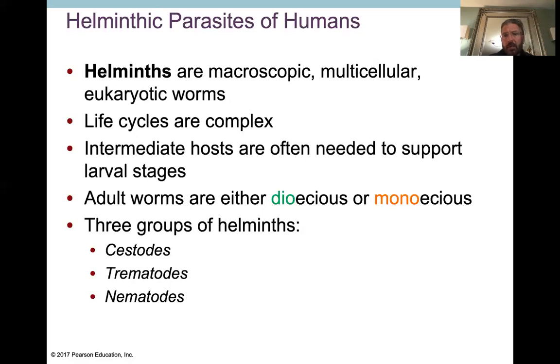Adult worms are either dioecious or monoecious. All right, so di means two, monoecious is one. And remember, these worms can either be hermaphroditic, where they don't need another partner to replicate, or that can be through sexual reproduction. So that is a possibility too. So we'll talk about cestodes, trematodes, and nematodes, right? Just the difference in the segments. So just realize some are going to be roundworms or flatworms, depending on how you classify them. Okay.